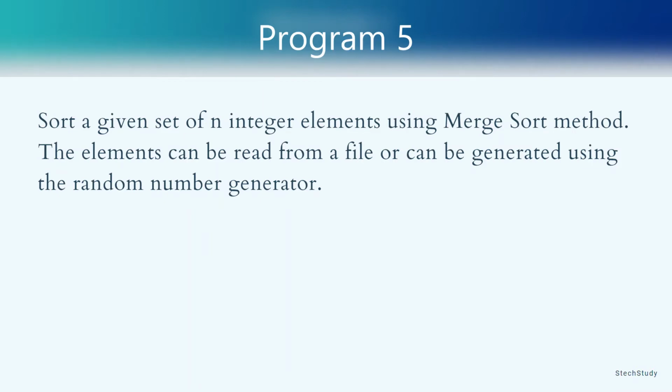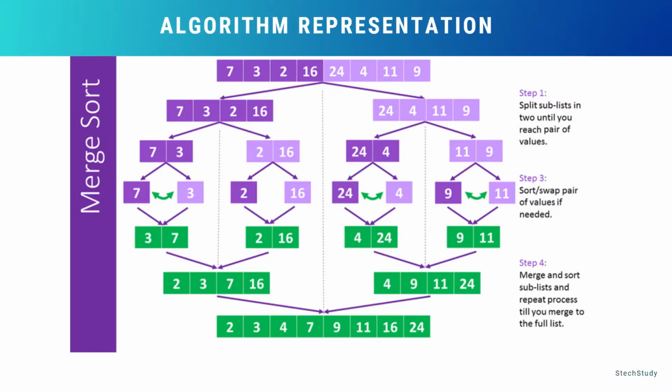Before executing the program, let us see the logic behind the merge sort algorithm. There are four main steps included in the merge sort algorithm. The first step: consider in this example, there are 8 integer values passed as input to the algorithm. The algorithm will split the given set of elements into two equal parts. So here 8 elements will be divided into one set of 4 elements and another set of 4 elements. This splitting operation will continue until we get a single element in each set.